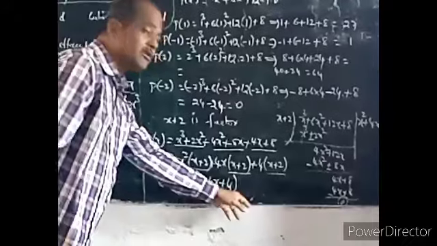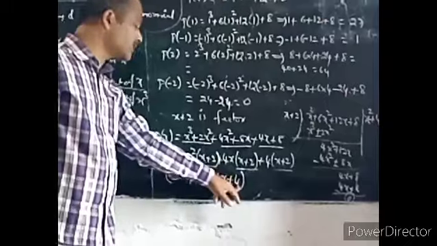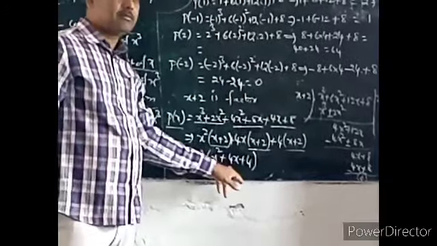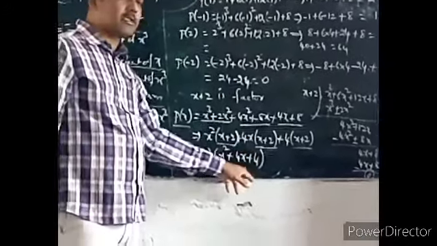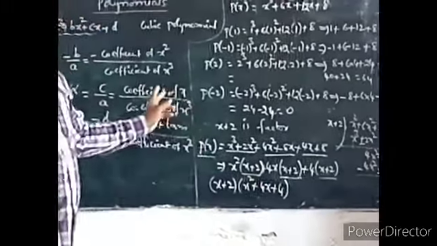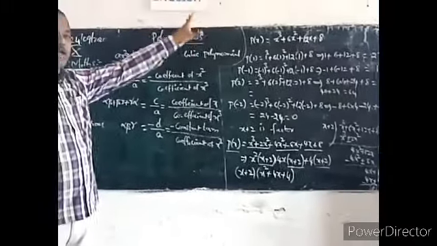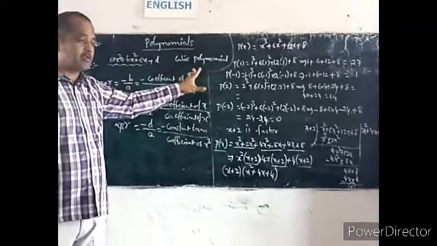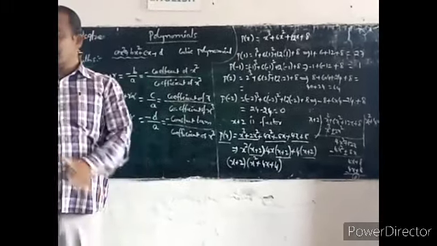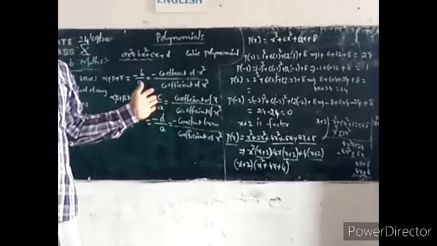Now for this one you have to find the factors by the factorization method also. Factorization method means first and last you should multiply and write the sum as the middle term. It is 4x square, 2x plus 2x you should write. That we already learned in the previous classes, that means 9th and 8th classes. This is the way of finding the factors of a cubic polynomial. Today you should write the examples and try these problems. Tomorrow we will discuss the exercise problems. This one understood or not? Okay, right.